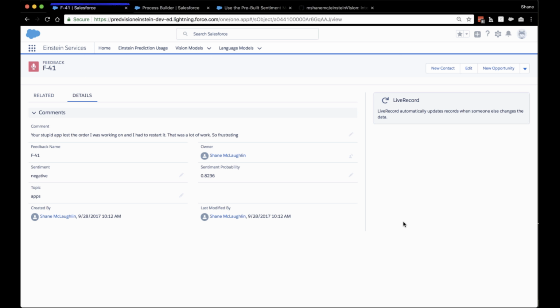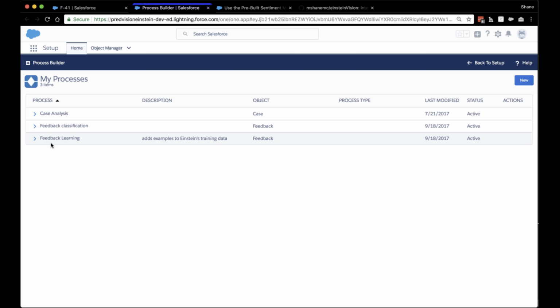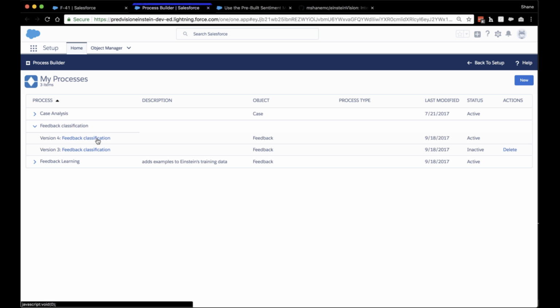And so how did these things happen? We have a sentiment field here that I created, and there's also a probability field for storing that sentiment prediction. And so to make this really easy for our admins, this has been set up as a process builder action. So for our feedback classification,